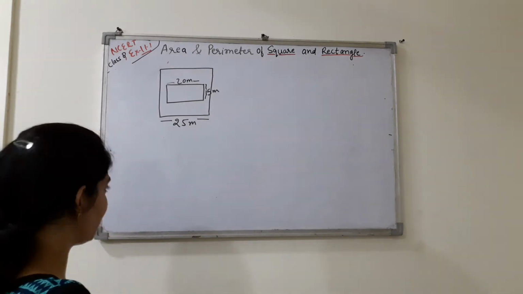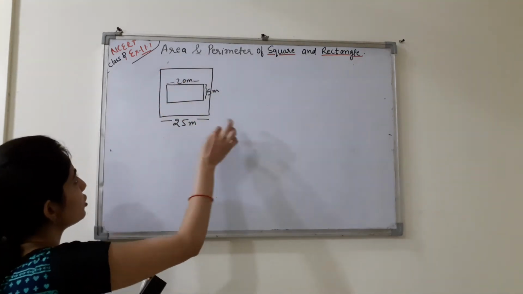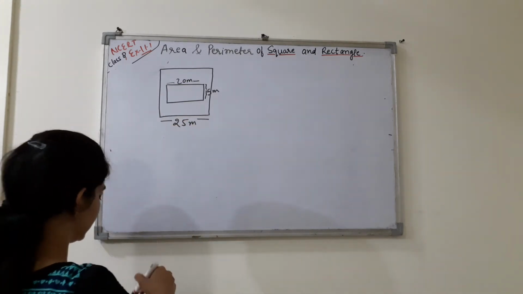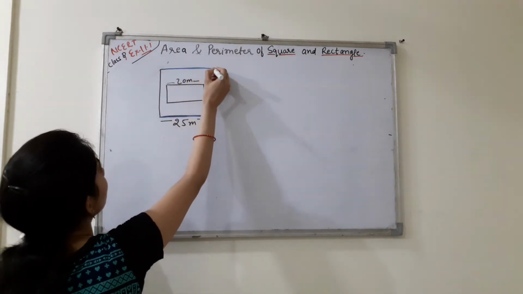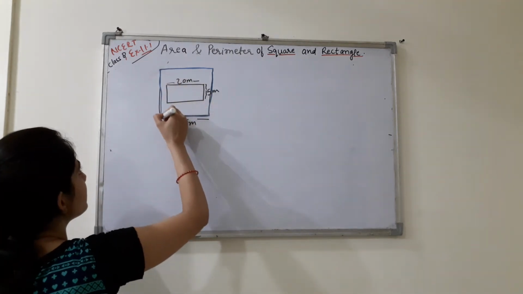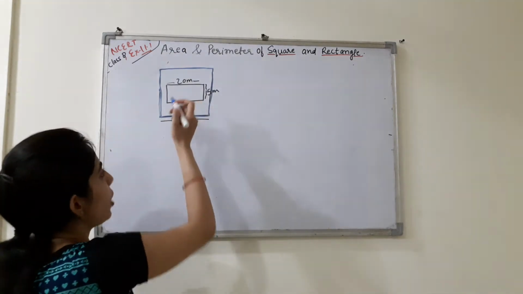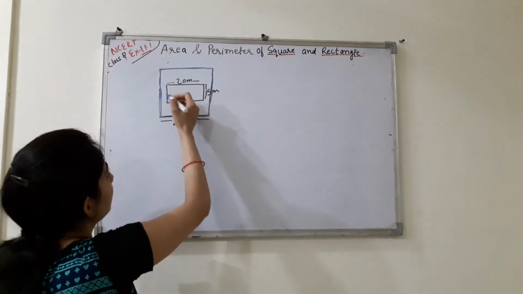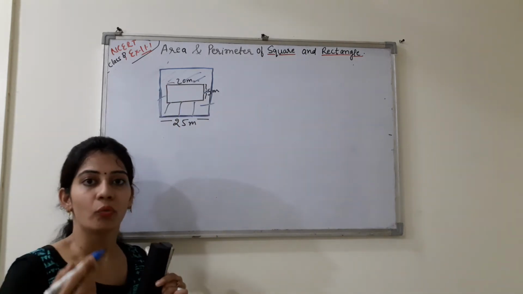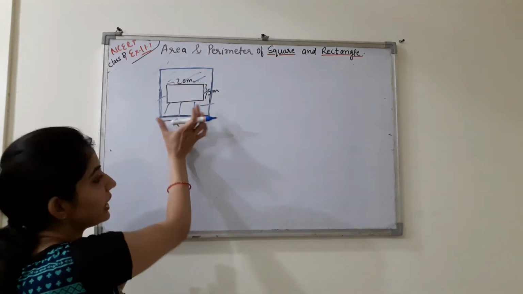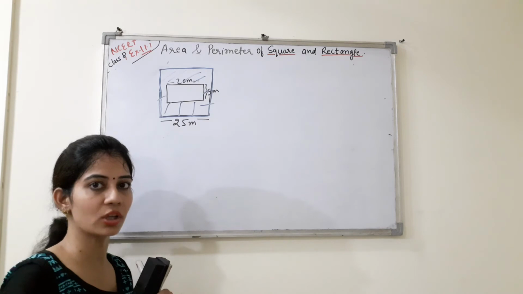ठीक है? क्या बोल रहा है क्वेश्चन में कि मिसेस कौशिक ने एक प्लॉट लिया है जो स्क्वायर शेप का है. सो इट मीन्स दिस इज योर प्लॉट. अब जिसमें ये हाउस वो कंस्ट्रक्ट करती है मिडिल में प्लॉट के, जो आपका रेक्टेंगुलर शेप का है. इस हाउस के चारों ओर उन्हें ग्राउंड डेवलप करना है. सो व्हाट दे आर आस्किंग इन द क्वेश्चन कि इस ग्राउंड को डेवलप करने में टोटल कॉस्ट क्या आएगी. एंड यू हैव गिवन द पर मीटर स्क्वायर कॉस्ट रुपीज 55.